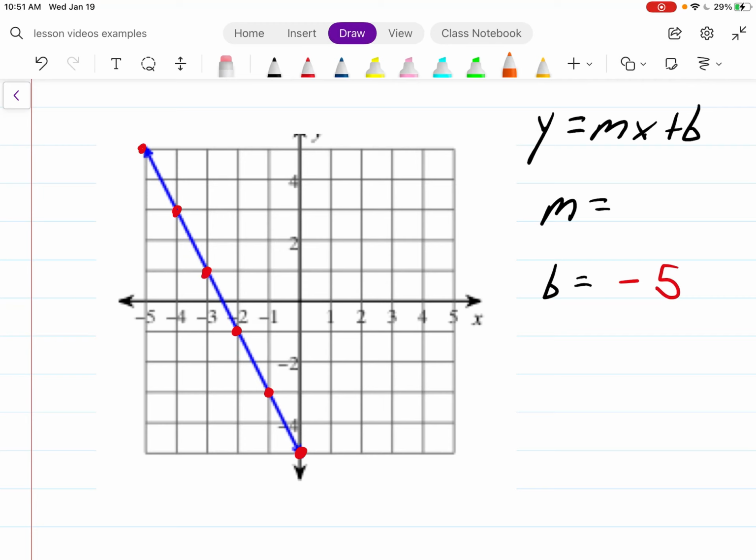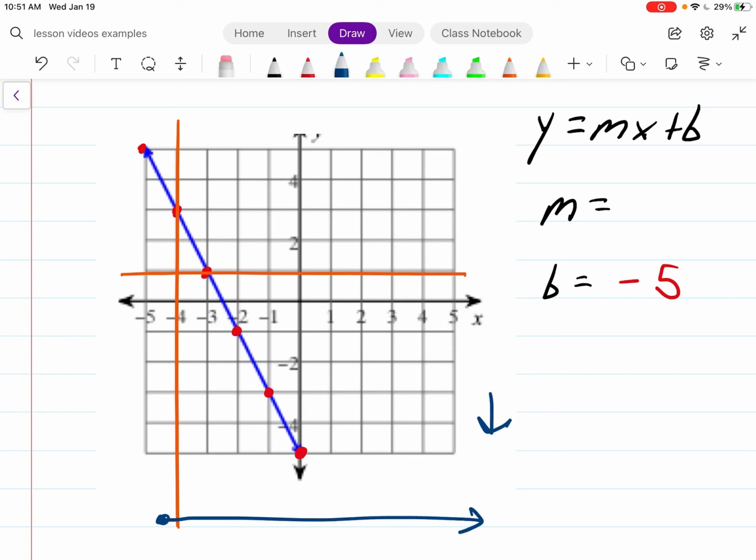So I'm going to choose the point at -4, +3 as our vertical line point, and the point at -3, +1 as our horizontal line point. Again, we're using where those lines cross, and we want to identify the slope. Once again, as the line travels from left to right, we see that it goes down, so we know this is going to have a negative slope, and we see that it goes down